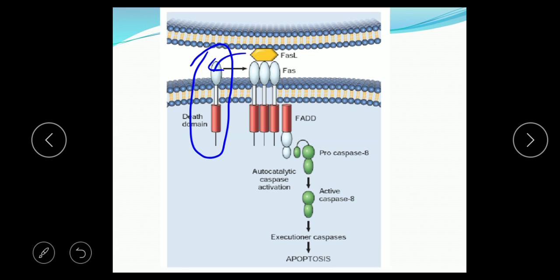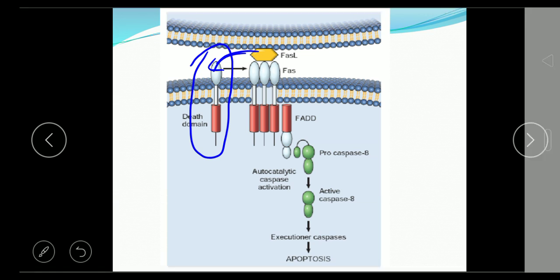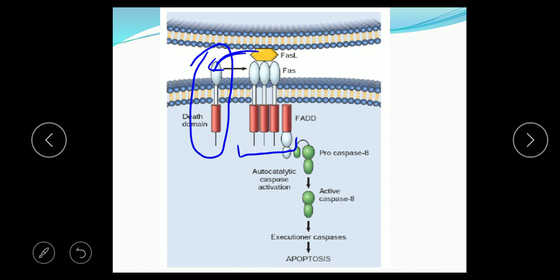Here you can see there was one receptor, and when it bound with one ligand, all the similar receptors bound together and formed a complex which is called DISC. DISC is nothing but a death induced signaling complex. Okay, after that, what happens is it activates the death domain, which is inside the